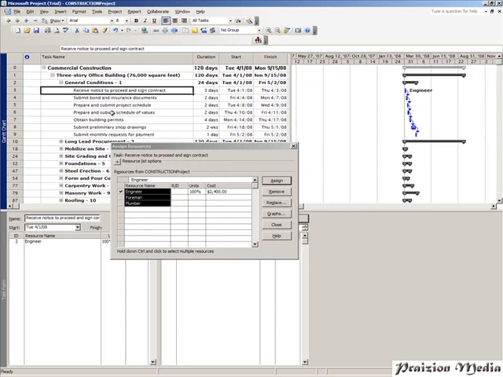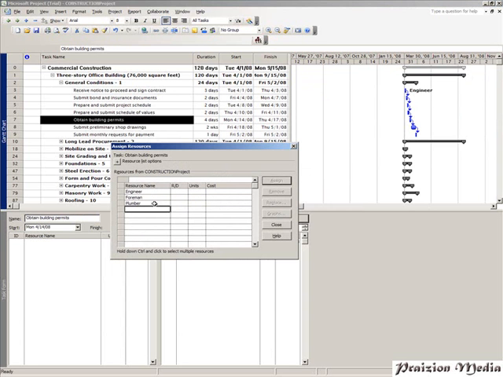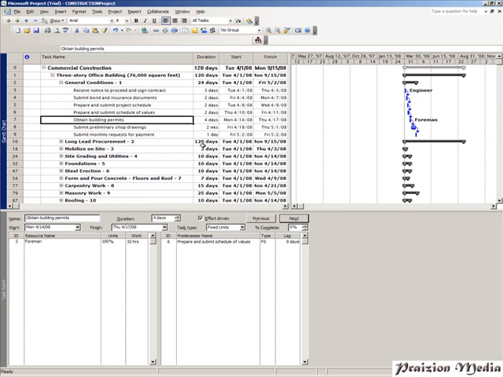Let's say I wanted to assign the foreman to obtain building permits. All I need to do is click on that task, select the foreman, and then click on the Assign button. That shows me the cost of the foreman for those activities, and it's basically rolling up the cost of 4 days worth of work. There's a lot more detail that goes into using Microsoft Project and assigning resources, estimating durations